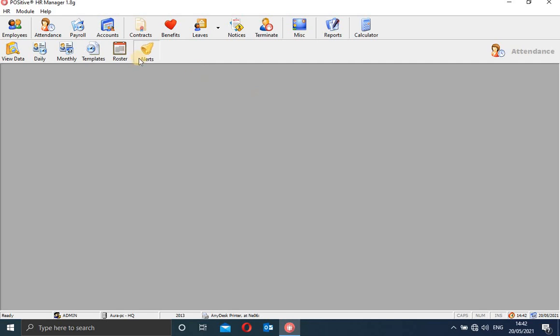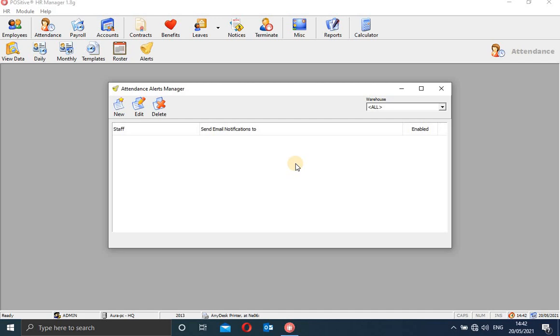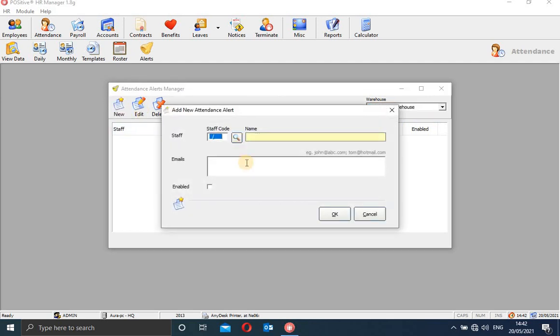And then of course the alerts here. These alerts are mostly email alerts that the managers can get in terms of attendance. The managers or the HR can get an email on this attendance.